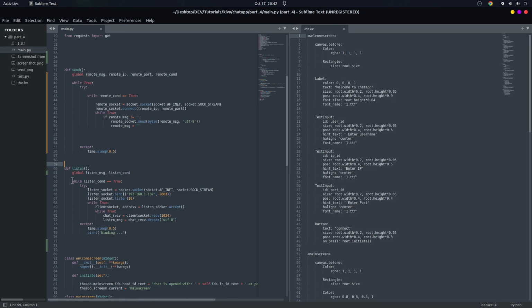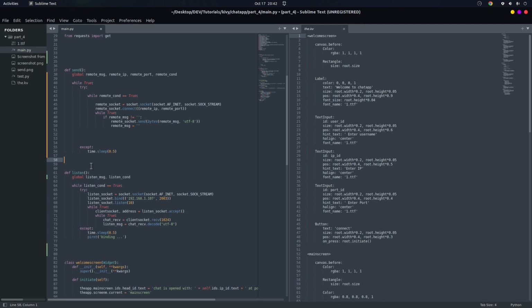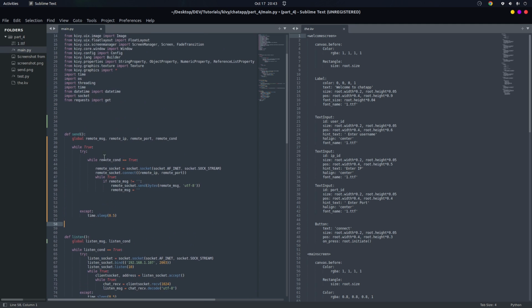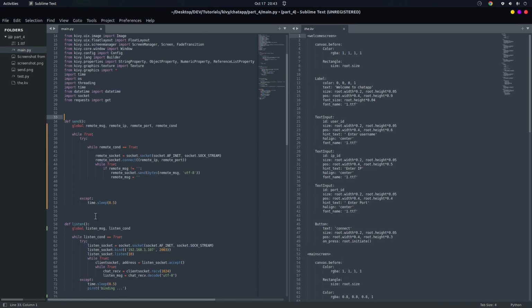And now that we have two functions, our two functions, our two sockets, we have to define them as a thread. If you do not understand the threading, like I told you, you can check the threading video. It is very straightforward. So let's define this as thread 1. Thread 1 is equal to threading.Thread, and then we have to pass in a target. So target is equal to, let's say, send this way,